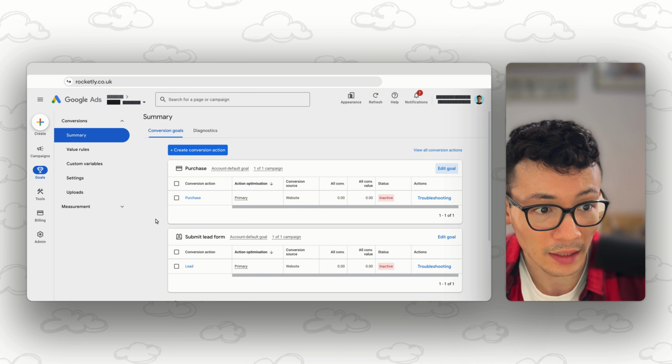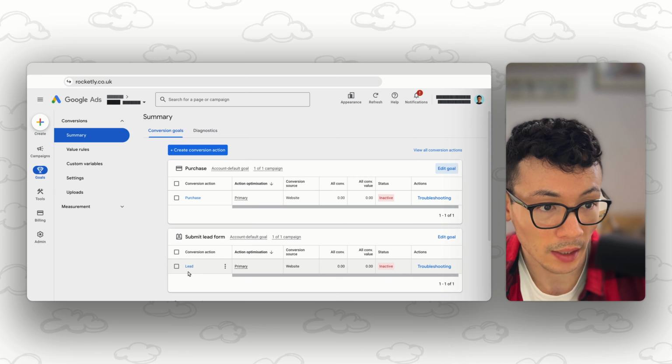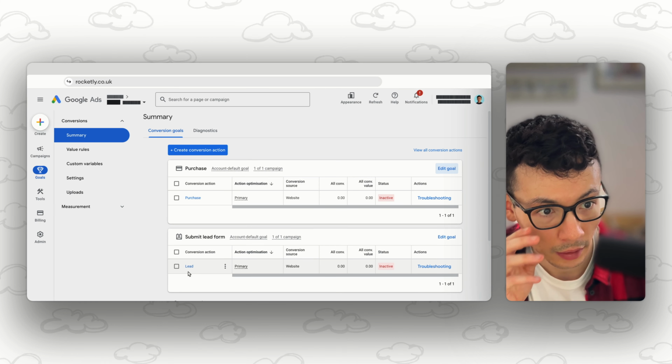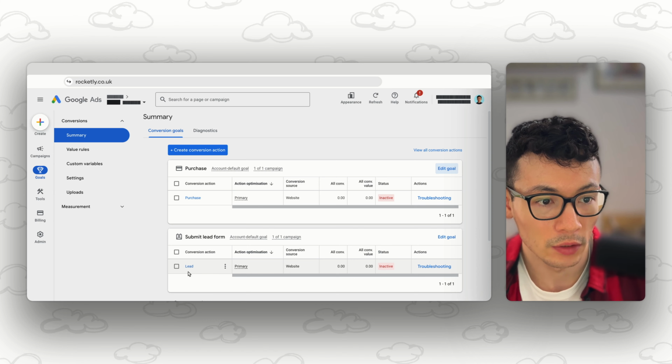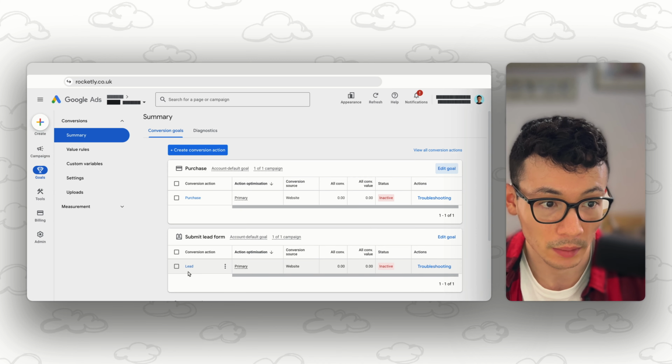So in this instance, I have two different examples. One is a purchase and one is for a lead. Now a lead is going to be a lot different than a purchase. You might have an e-commerce store, for example, that sells physical products that people buy. And you might also have another section for B2B where you sell the same physical products, but maybe in bulk to businesses. So you might have another page on your website for lead form submissions.